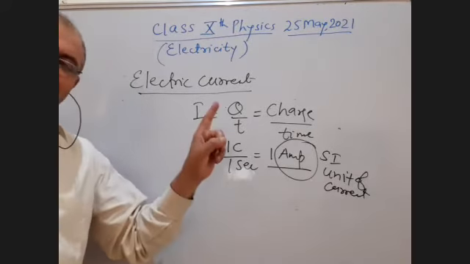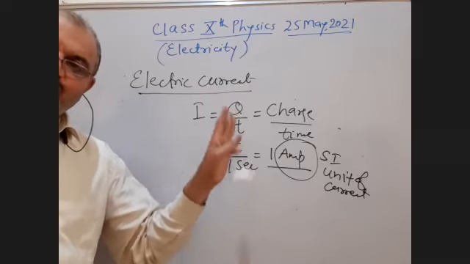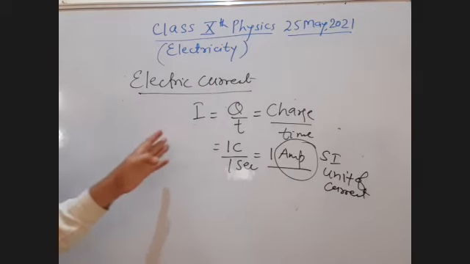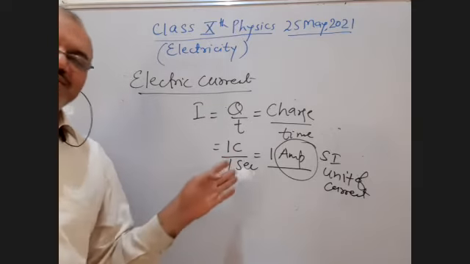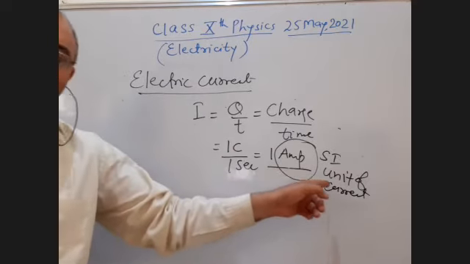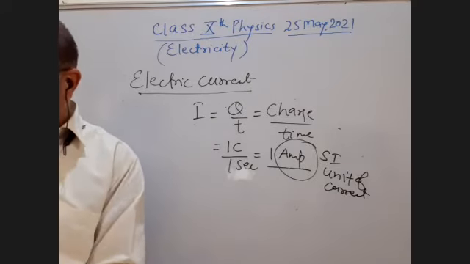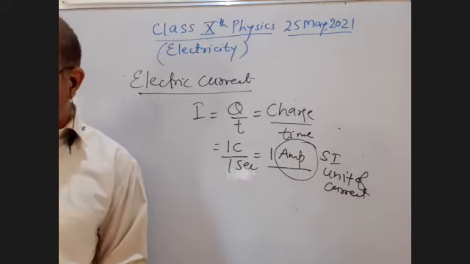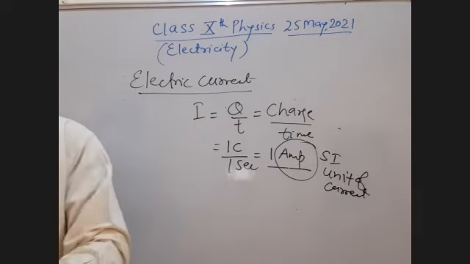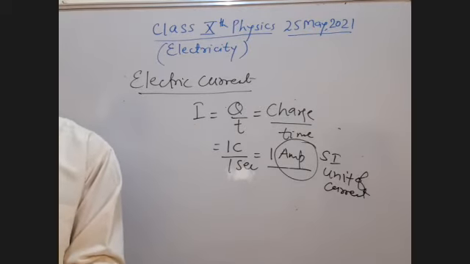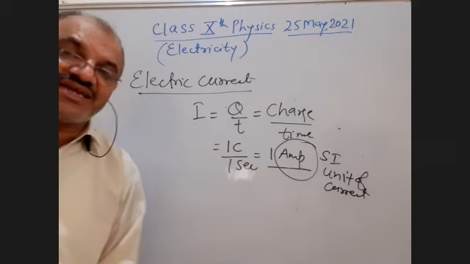So in one question, we have completed 3 or 4 questions. Clear, students? The ammeter is always connected in series, and ampere is the SI unit of electric current. Is it clear, students? Now again, a very, very important term which we are going to discuss after this is the electric circuit.